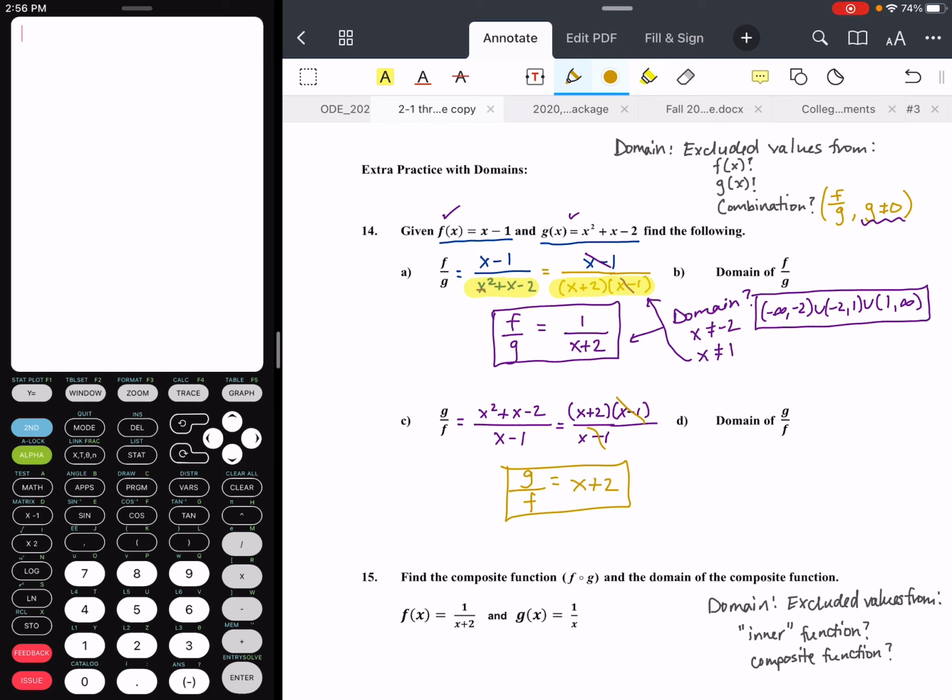However, for the domain, I can see that my overall function after I simplified doesn't have any restrictions. It's just x plus 2. We can put anything in for x, any real number, and we won't have any issues. But if we look at the original denominator function, originally we had x minus 1 in the denominator. So that means I need to exclude 1 from my domain. So negative infinity up to 1, 1 to infinity